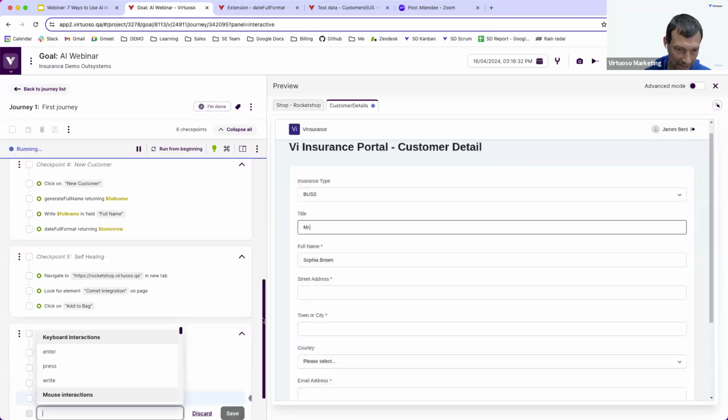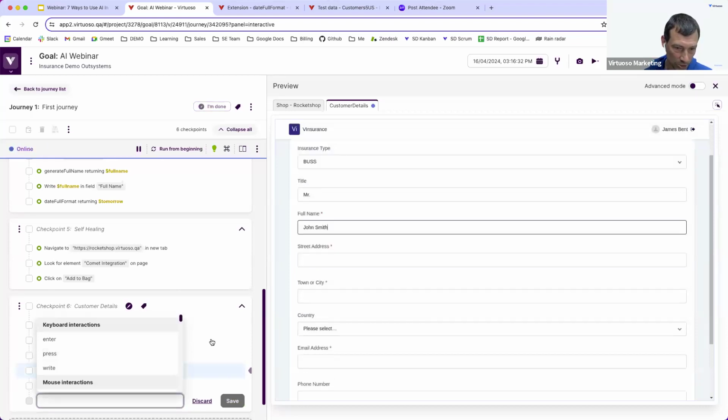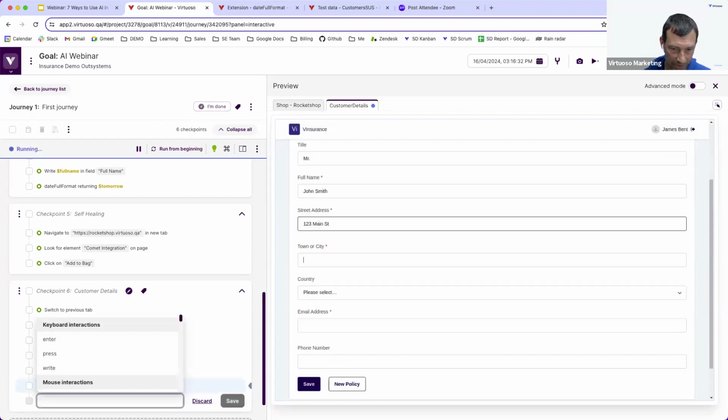So again, I'm mapping together my test data with the testing fields. I could write my street address. And the great thing here, you can see the speed at which I can write this, but the fact it's all in natural language means that it's readable. I can tie it to test data. It's running as I'm doing it. So I can check to see if anything goes wrong, and I could fix that immediately if I wanted. Very, very easy for me to go and